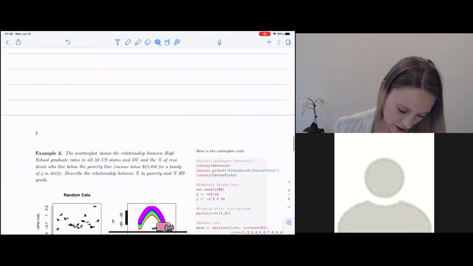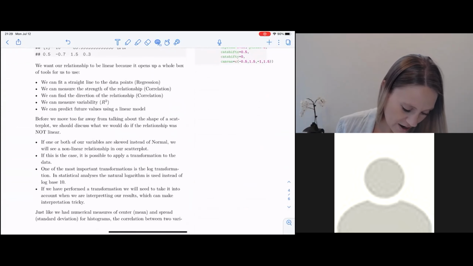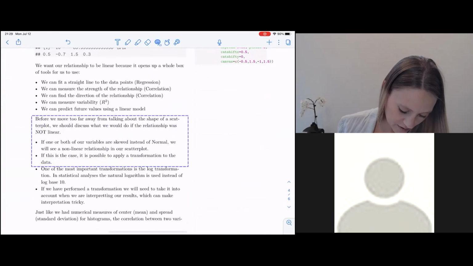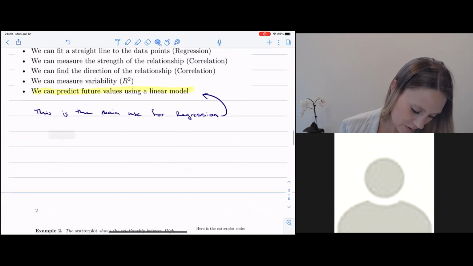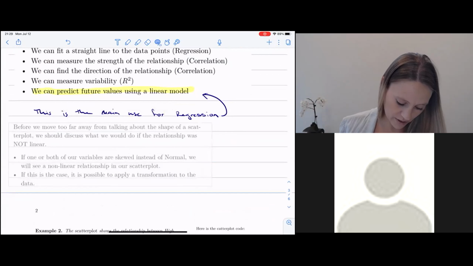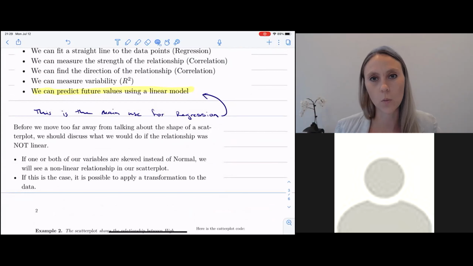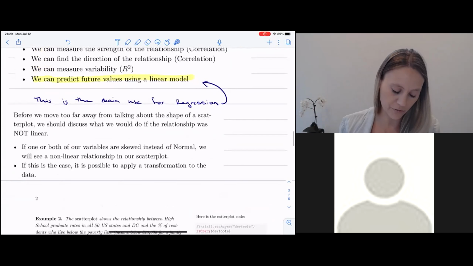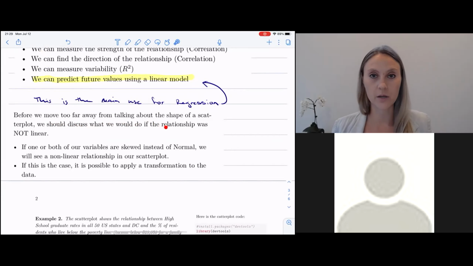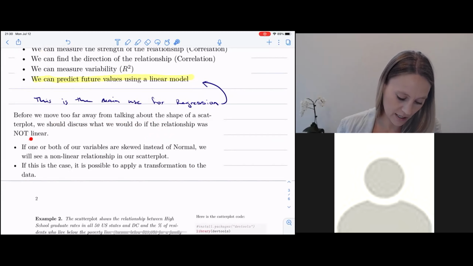I touched on it and then I got out of Dodge. What happens if we have nonlinear data? We said we're not going to actually look at nonlinear relationships, but we need to know what to do or where to go next if we do find we have nonlinear relationships. Before we move too far away from talking about the shape, linear versus nonlinear: if the relationship is not linear,